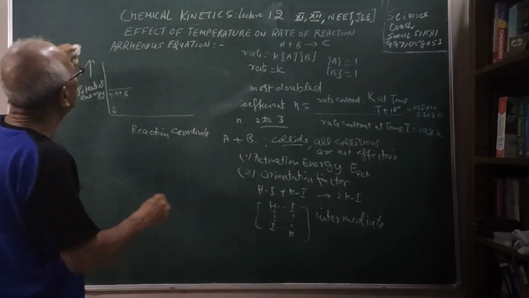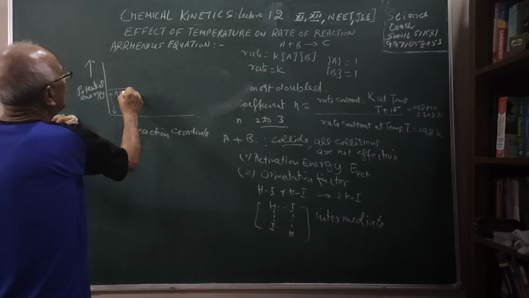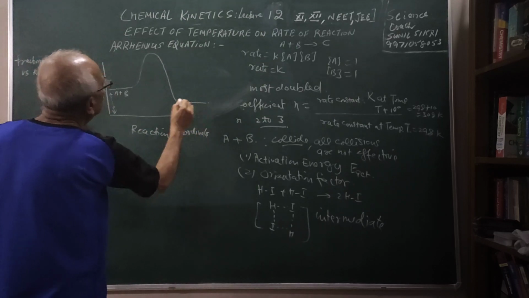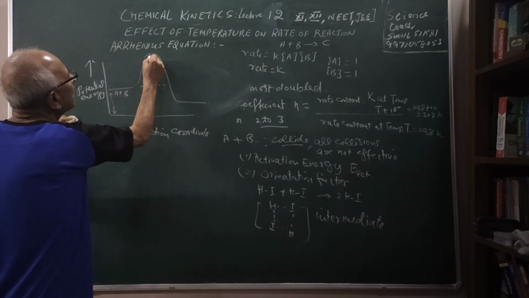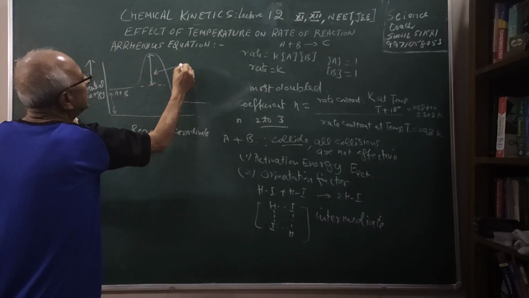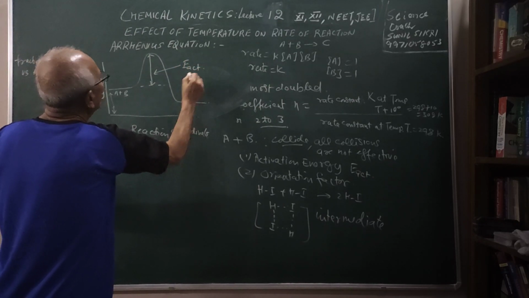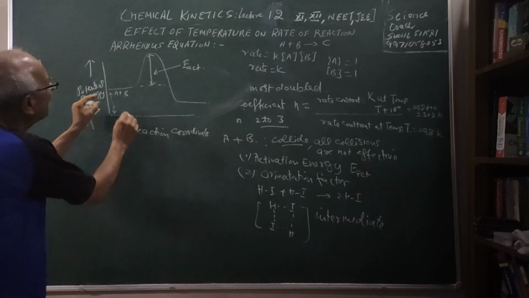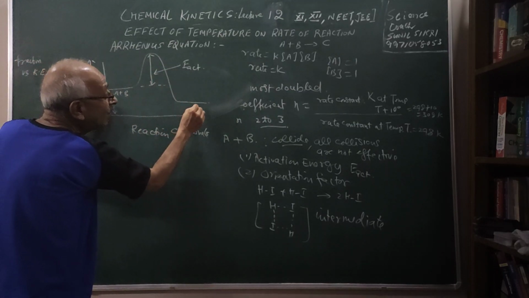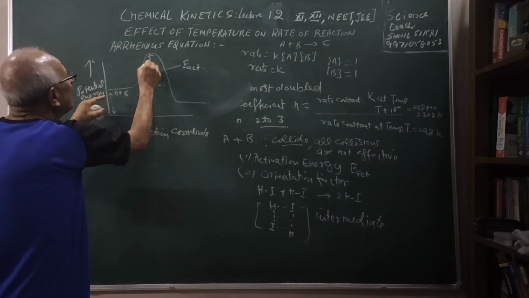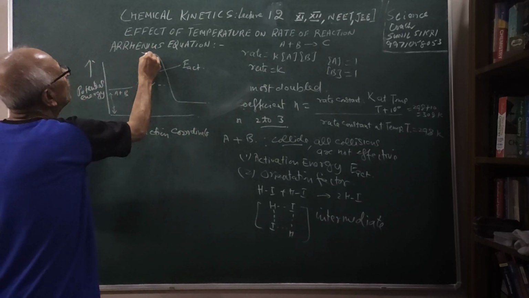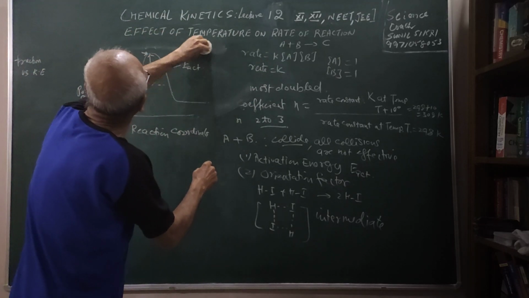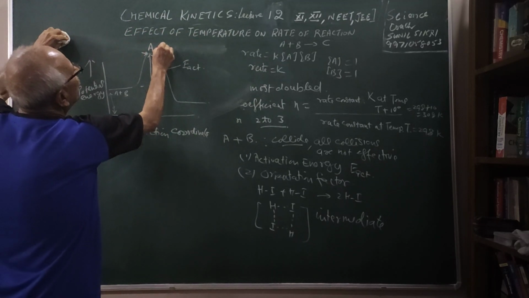Now what we are saying is that these reactants have to have some more energy, which is my activation energy, E activation. This is the minimum amount of energy which must be possessed by A and B to form the products. If they don't have this energy, they will go back. And here at this point, they are forming what I call an activated complex.